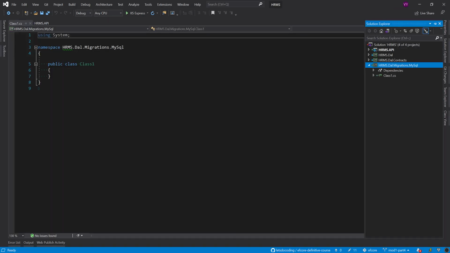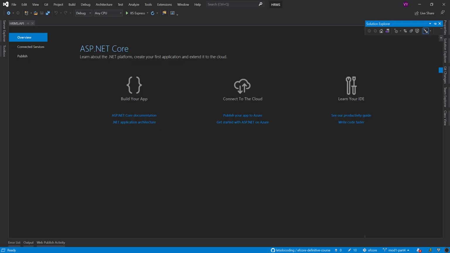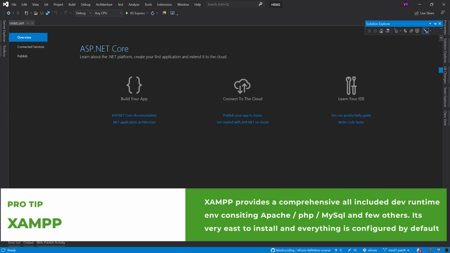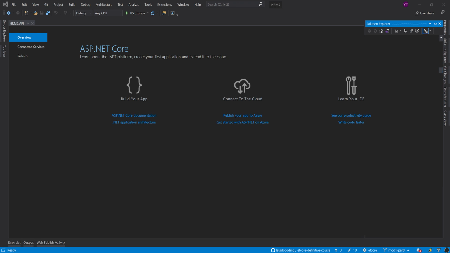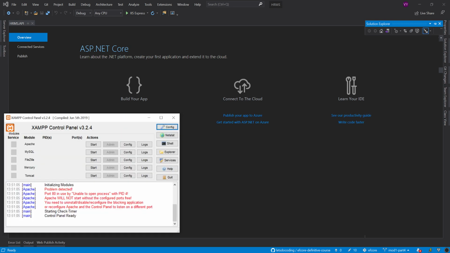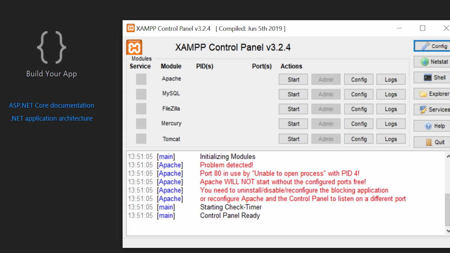All right, so now we are pretty much done with the projects part, and to continue, a few more things that we need to do is to prepare our environment. So for this development part, we would be using the XAMPP engine, and XAMPP provides a consolidated application which wraps all the Apache, PHP, MySQL, and a few other engines as well. We would be using MySQL and phpMyAdmin for managing it. So let me just fire up my XAMPP control panel, and if you see, this is my XAMPP. These are all the services, Apache, MySQL, FileZilla, Mercury, and Tomcat that we can use. We would be using Apache and MySQL.